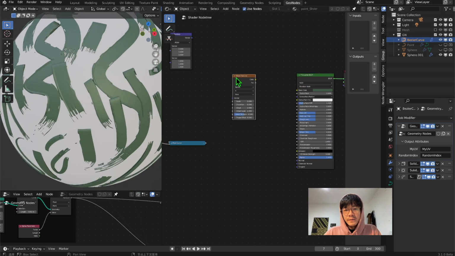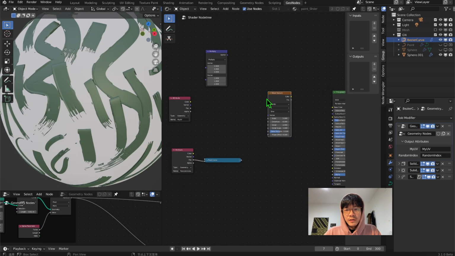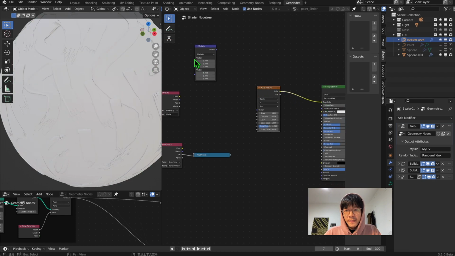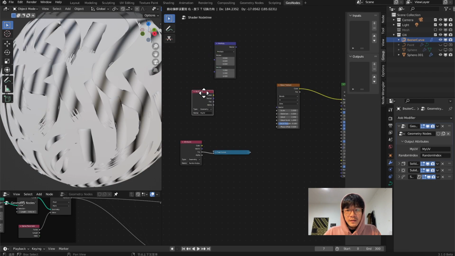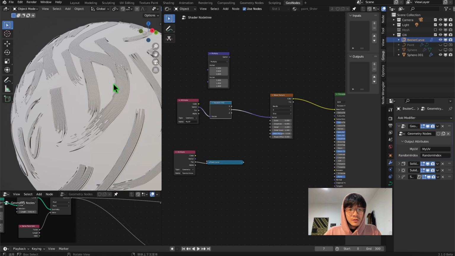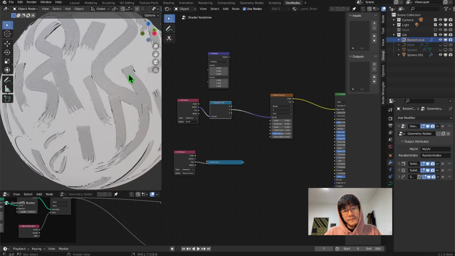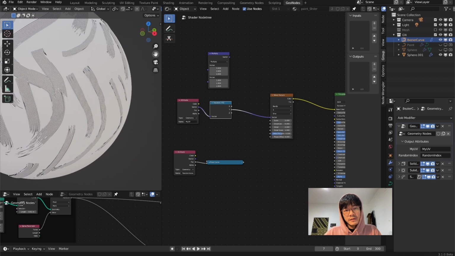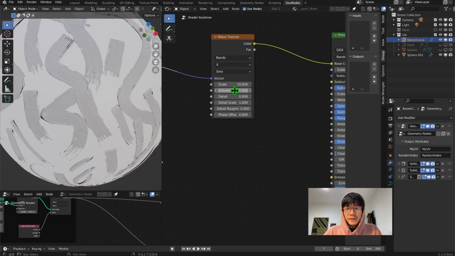So we take a Wave Texture and plug that in, and with this UV attribute we separate the XYZ, and we take the Y to the vector of the texture. So now you see there's like a brush. Set it like 10 and the detail scale to be 1 and the other to be 0,